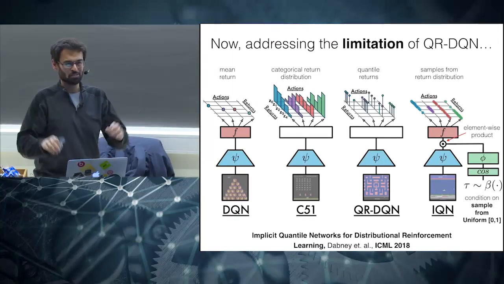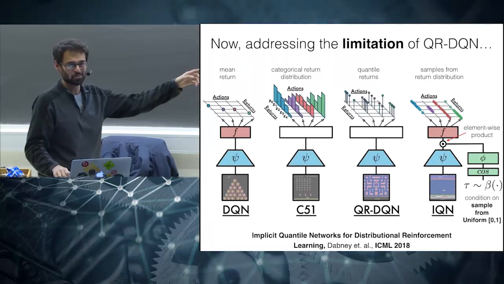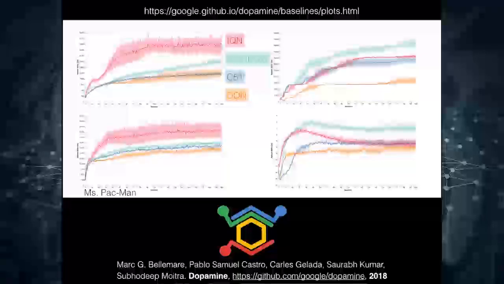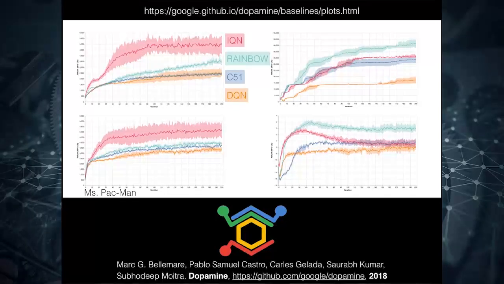Maybe it's a bit too much, but I would recommend looking at this paper. And also, I would recommend looking at the code, in fact, directly. Here, from Dopamine, this is just some benchmark algorithms that some of the authors made public, where you can easily just go and play with them.